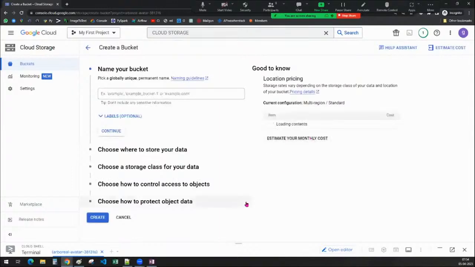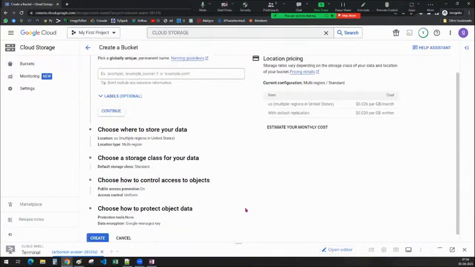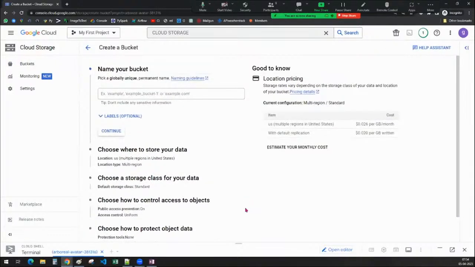When you click on create bucket, as I told you, there are a few things that we have to remember while creating a bucket. First thing, while providing a name for your bucket, we have to pick a proper globally unique name. When I say globally unique name, no one has used this particular name so far as a Google Cloud Storage